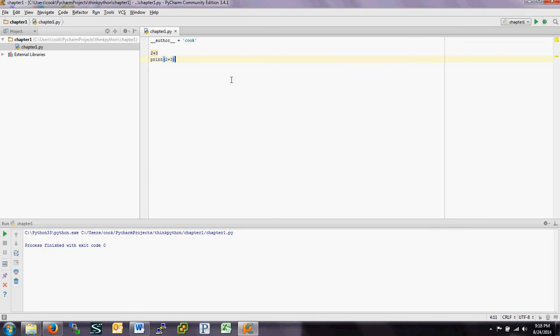And now that I've actually run this once from the run menu, I have this green arrow down here, and I can just run it again, and now it prints out 5. I can also assign variables. x equals 2, y equals 3. Make a new variable, z equals x plus y. And you can ask it to print